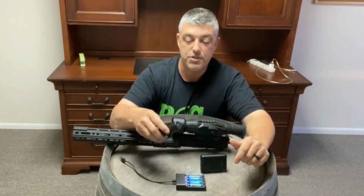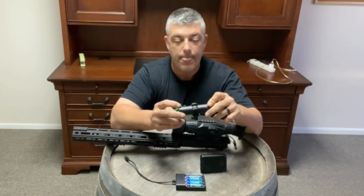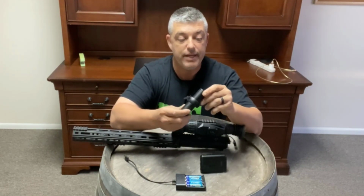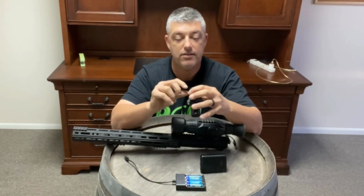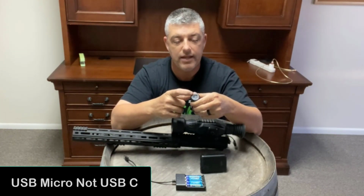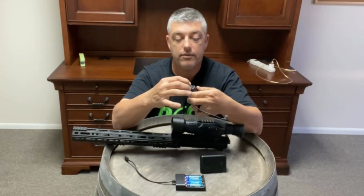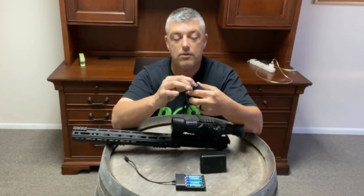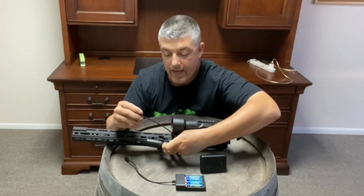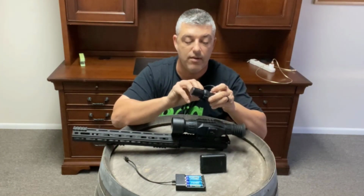The second option, this is a 5,000 milliamp hour battery pack. It's basically a USB pack. It has a USB-C input for charging it, and then it also has just a regular USB output. So you would plug it in here like so, and then you could either put it on a rail if you had a rail attachment, or you can put it on the top rail as long as you're not using the top rail for